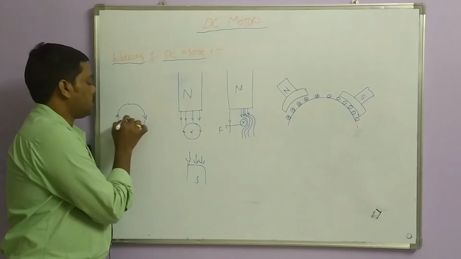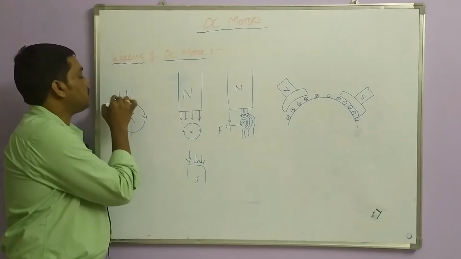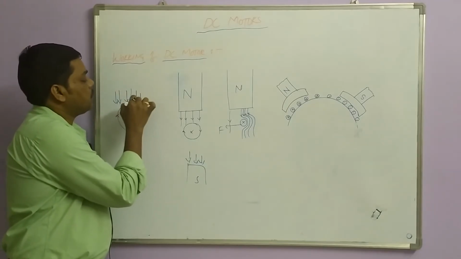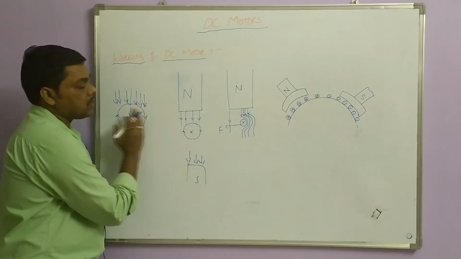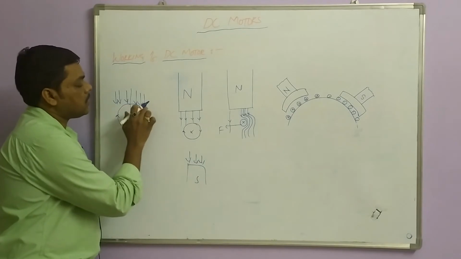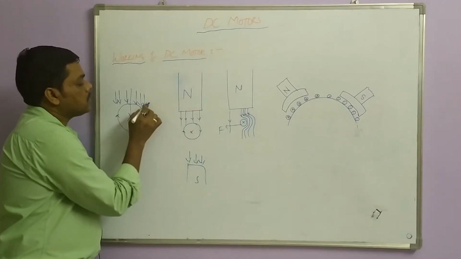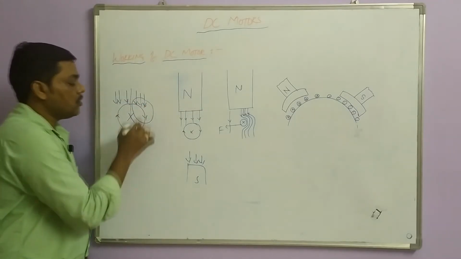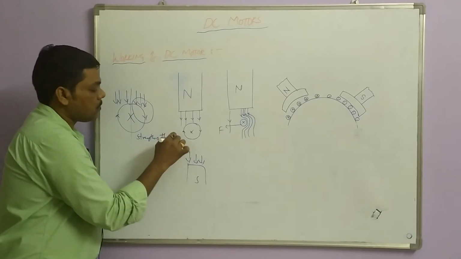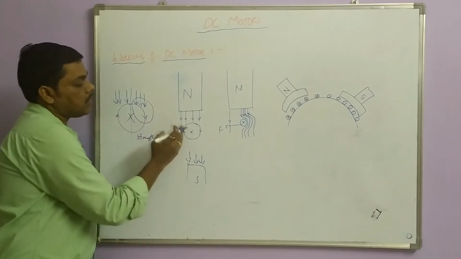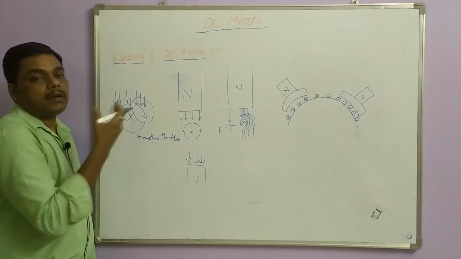So this is the conductor, it is a dot, and I am dividing these flux lines. Now I am dividing this half section, the right hand side. See the flux direction: this conductor flux and the main field flux are in the same direction, which strengthens the flux. On the right hand side of the conductor, all the flux lines try to strengthen the main flux.